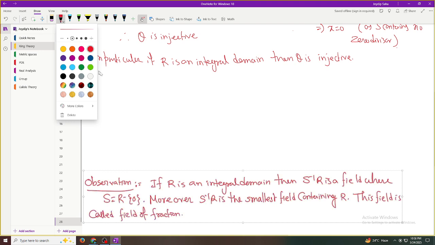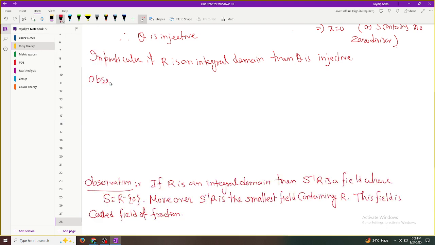Observation. Another observation. Theta of S is a subset of units of S inverse R, where theta is the canonical map from R to S inverse R, x goes to x by 1. Theta of S is in the units, because